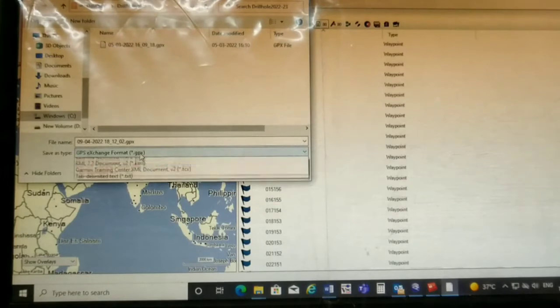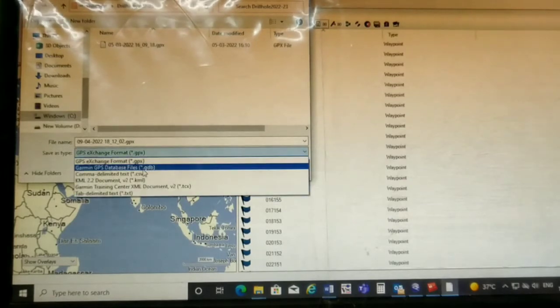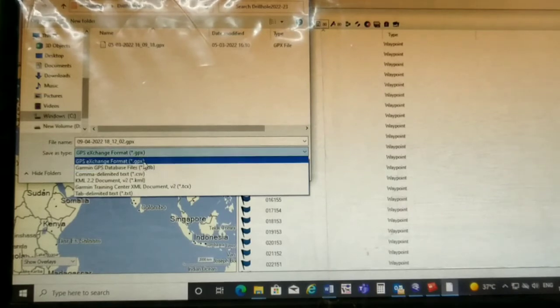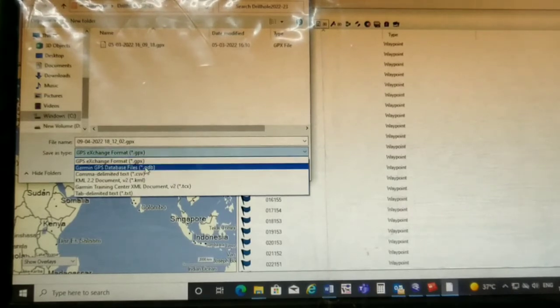and we will convert it to GDB format. MapSource will read GDB format. MapSource can't read GPX format, but it can read GDB format. So we will choose GDB format.